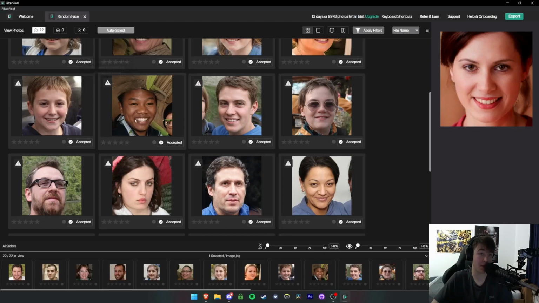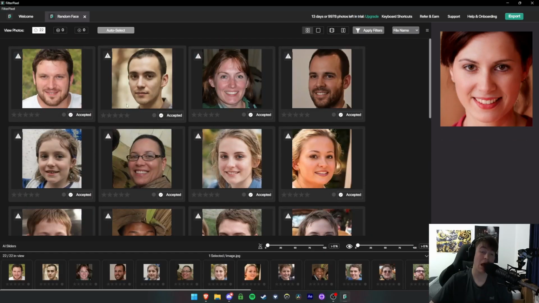So say I had this person here, but I had a very similar photo taken from a different angle, it would look at both of those photos and go, well, this one is slightly better, the lighting's better on it, this, that, the other, and it will pick that as the best one. Now, as you can see, they've all been accepted, but any that wouldn't have been accepted will obviously be put